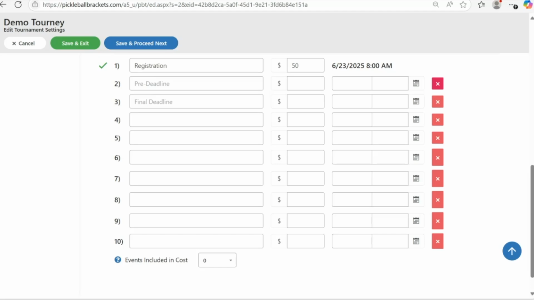Please note that once someone registers under a cost, you'll no longer be able to edit it. So if you make a mistake or decide to later change your registration cost, you would have to create a new line to fix it and adjust players manually. Please make your best effort to have your registration costs set prior to opening your tournament. Once you are set with your costs, look to the bottom of the page to decide how many events are